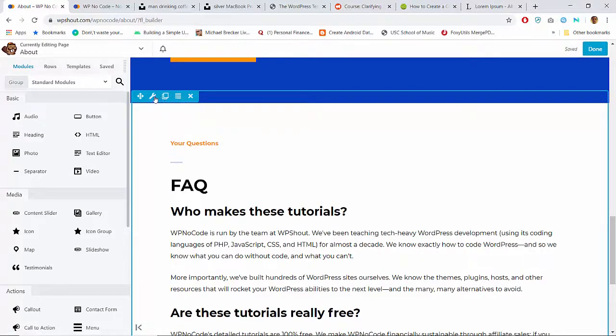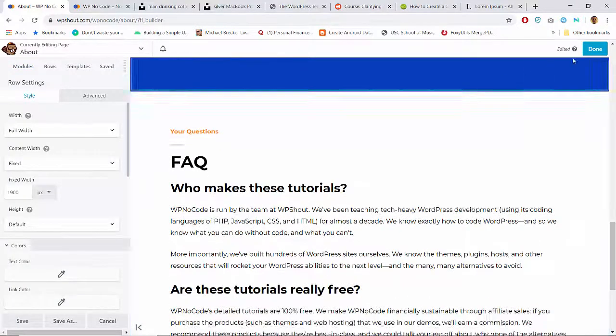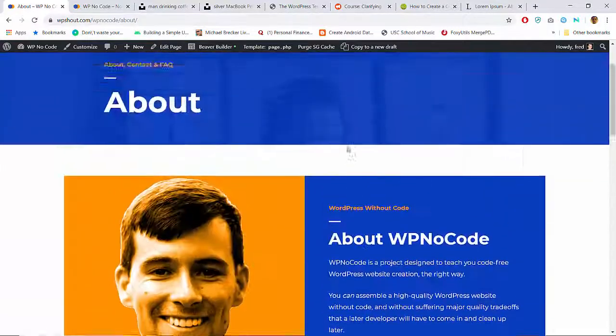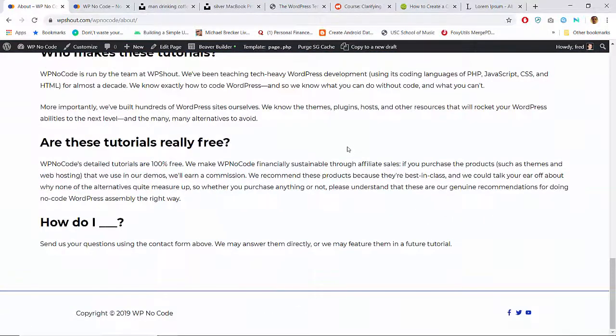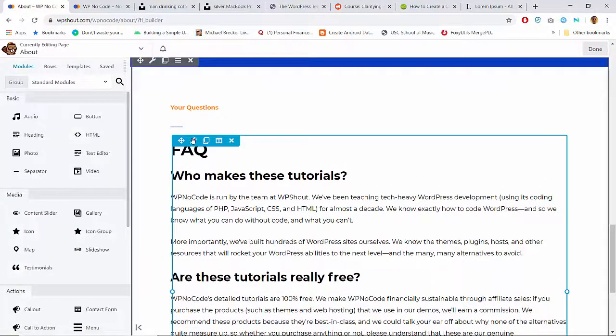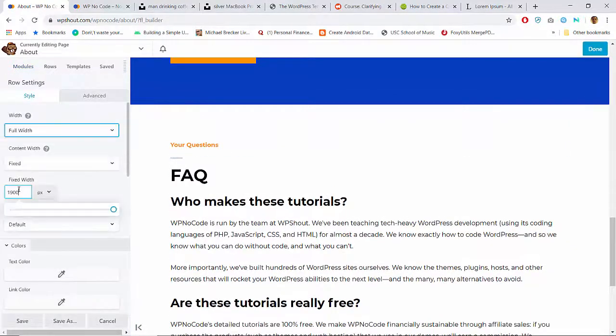That didn't do anything. If I want this row to be 1900 pixels, okay, so it does actually go out to the edges. But it's still held in check on the sides. It's still got padding. Okay. Well,